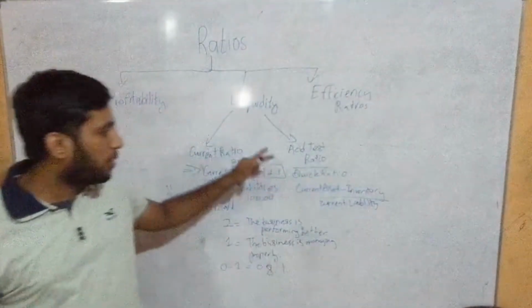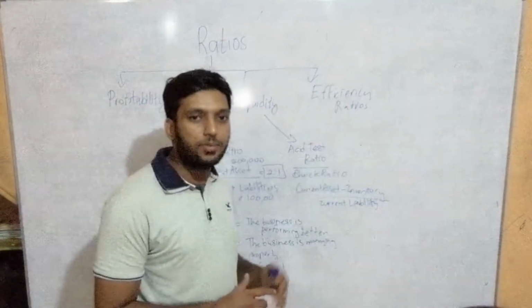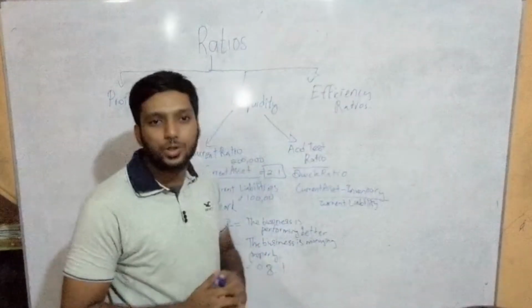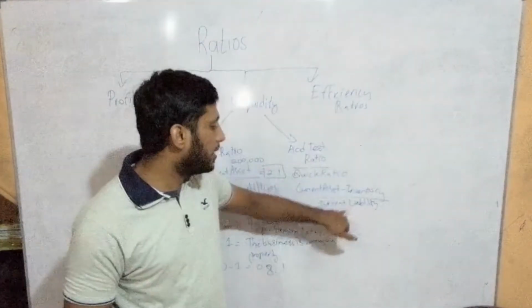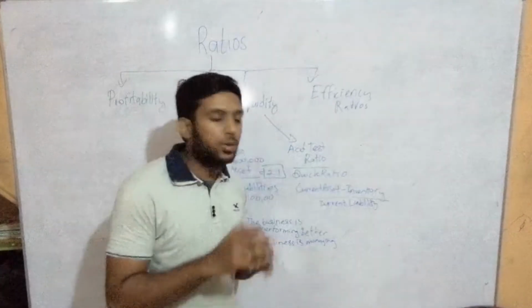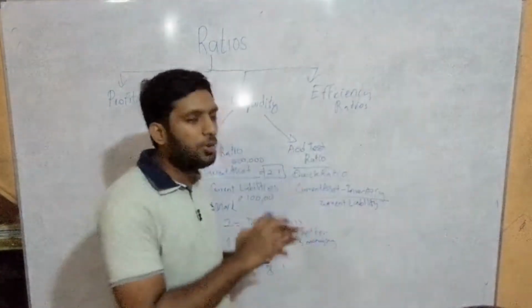Now when I speak about acid test ratio, you need to understand that this is a basic term for acid test ratio. There's another term we say as quick ratio. Quick ratio is taking current assets minus inventory divided by current liabilities. So current assets, as I said, there are 5 things in current assets. In that you remove the inventory part.